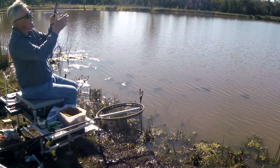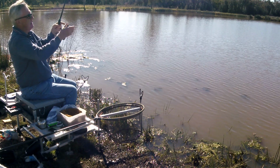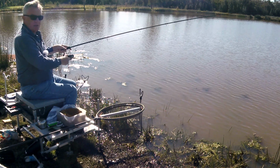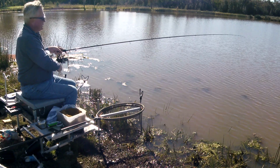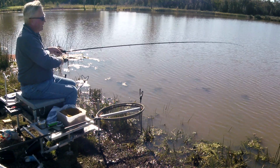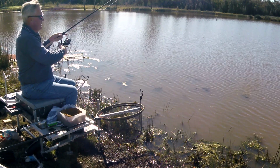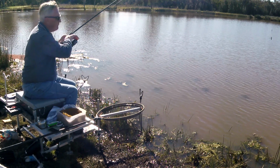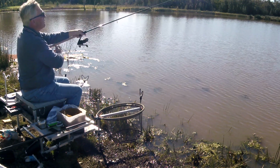Hang on, see how much line I gave myself. Taken the clip off, and now I'll reel in, and of course I have no idea now exactly how far I've got to go. And that's what I was saying before about counting the turns. So what I'm going to do, you don't have to do it this way, it's just a way to do it. If I cast out a little bit past where I would normally be,